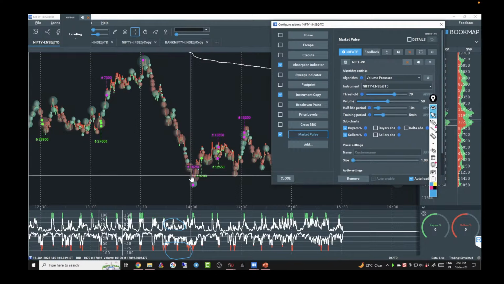In simple words, it basically indicates the presence of aggressive buyers or aggressive sellers. So if one is missing, definitely there is something happening. More of the activities are happening, but there is something else happening. In that particular case, we can use that information to have clarity in terms of the